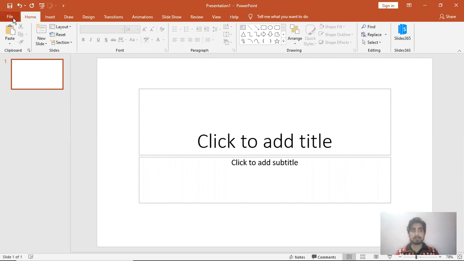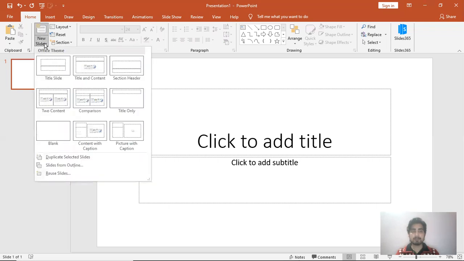Now again in here you can see that there are lots of tabs available: File tab, Home tab, Insert tab. So these all tabs contain different options. And in PowerPoint, you can add more slides. As many slides as you want in your presentation, you can add that many. For adding the slides, we need to go in the Home tab. And in Home tab, you will get the option New Slide here.